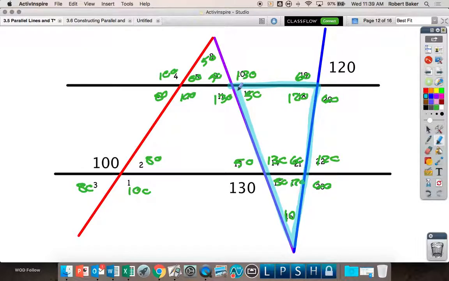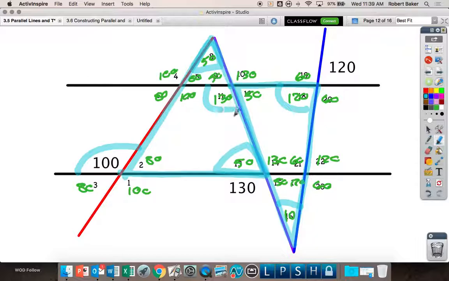How many degrees are in that triangle? 10 plus 120 plus 50 is 180. How many degrees are in this triangle? 80, 50, and 50 make 180. And then I could say, does 50 plus 50 equal 100? Whoa. Does 120 plus 10 equal 130? Yes. But even cooler,